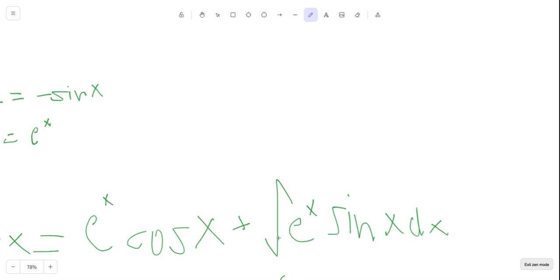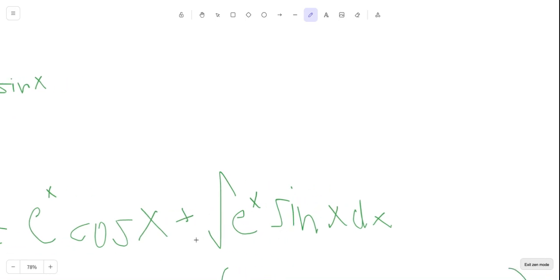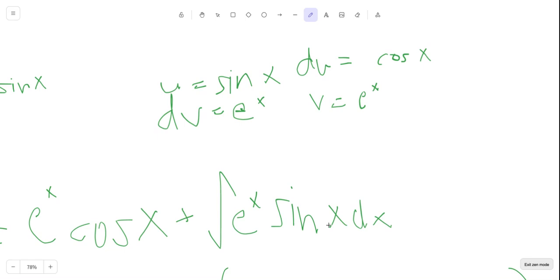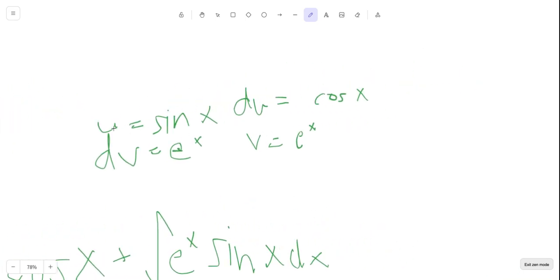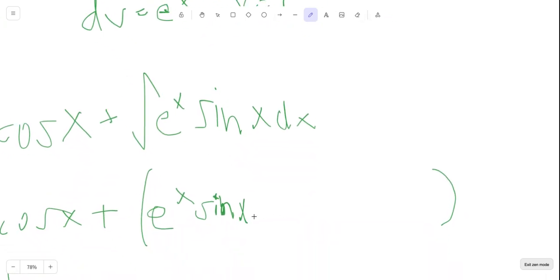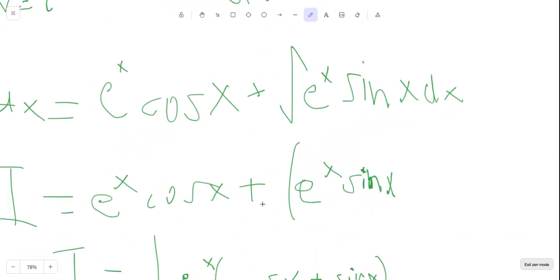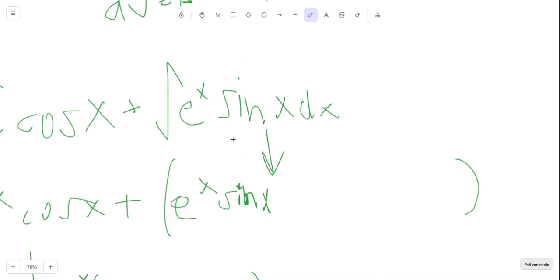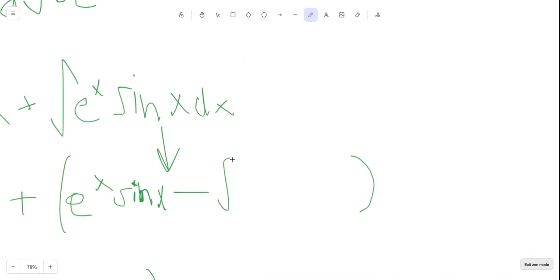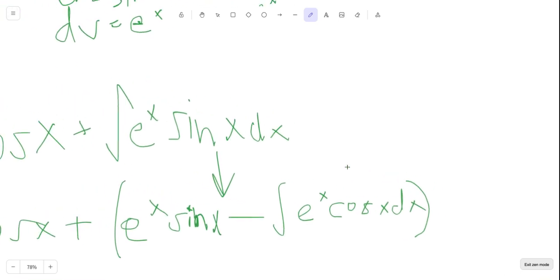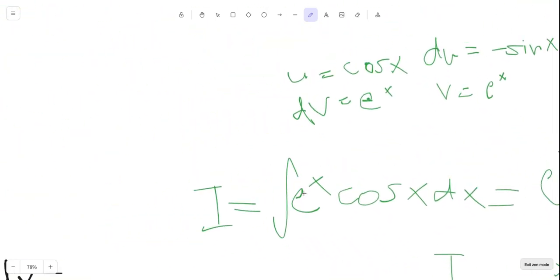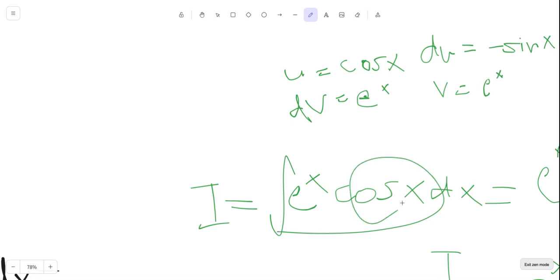e to the x cosine of x, and then this, if you use integration by parts again on this with a very similar substitution, this time using sine of x, then you would get in the brackets, this integral by integration by parts would become e to the x cosine of x dx. Okay, and now this is why I did integration by parts twice, because this trigonometric function cosine of x,